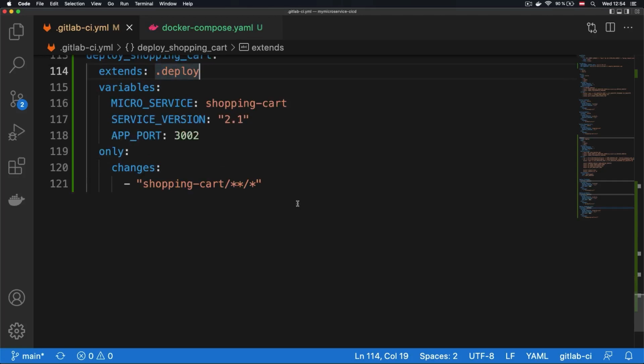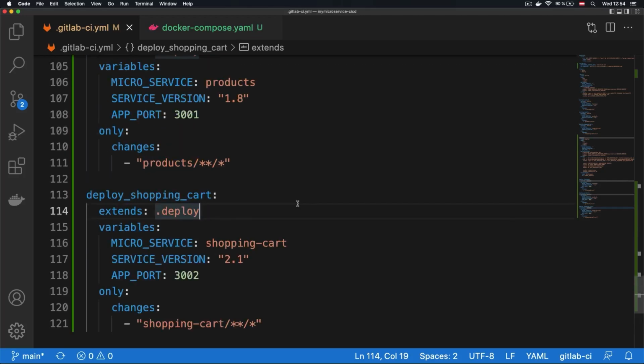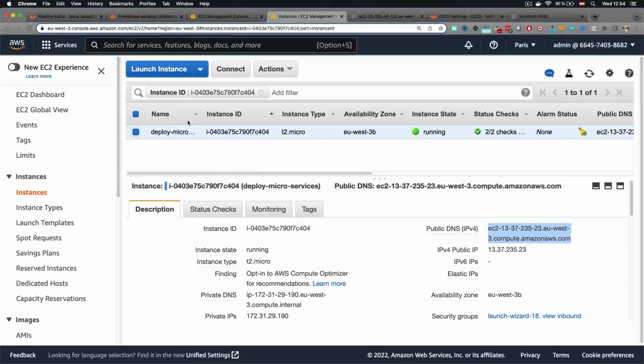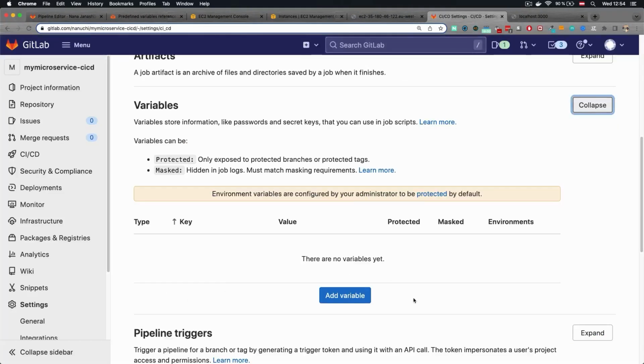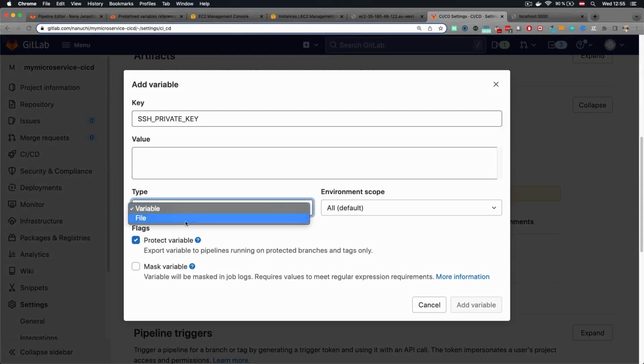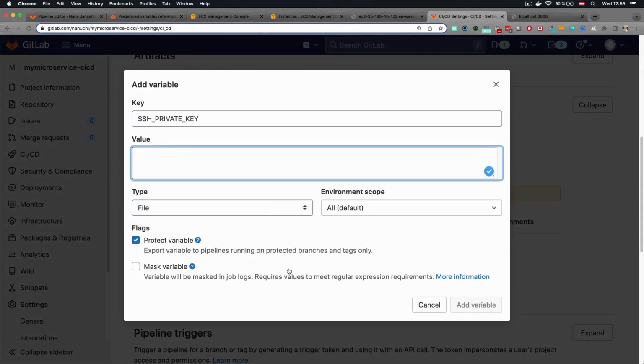So this is our pipeline configuration. Now let's not forget to create this SSH private key variable before we commit this, because we are referencing it in the pipeline. So let's copy that, go to our variables in our project, and we're going to create a protected variable of type file,